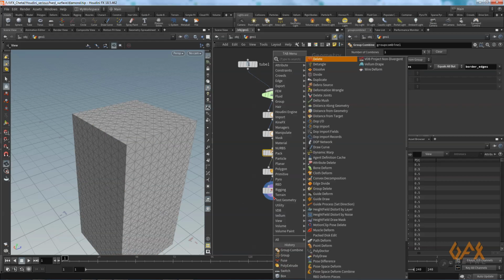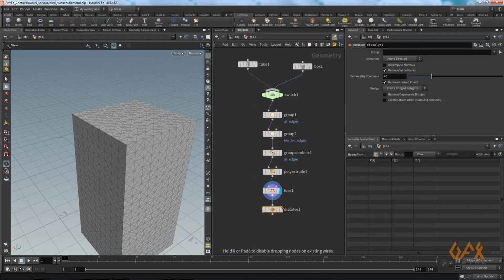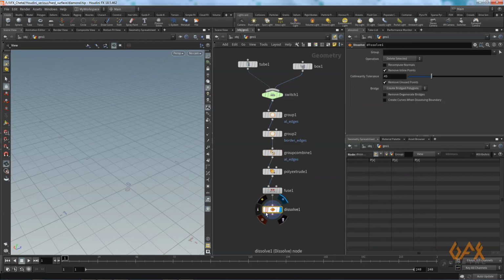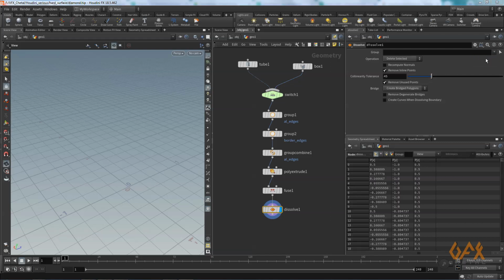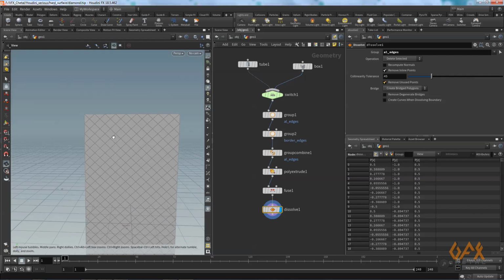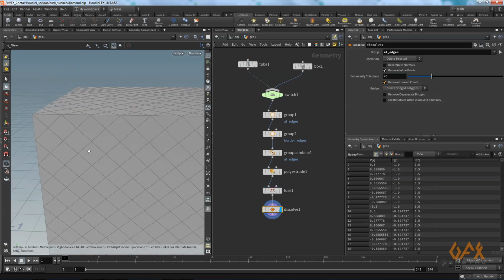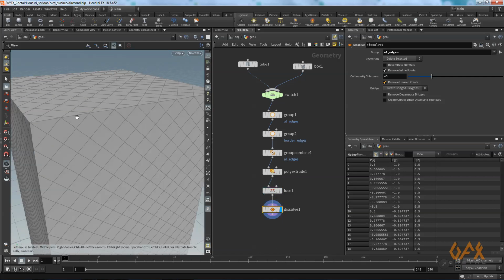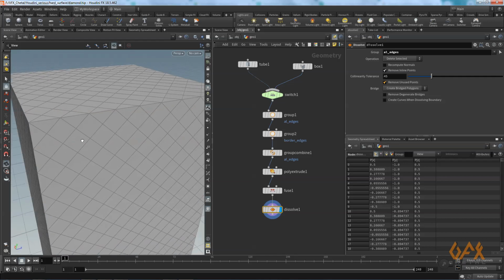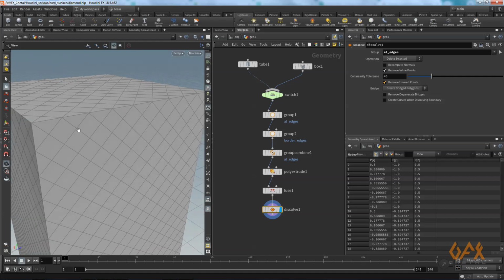Now I define dissolve. Dissolve basically dissolves those edges, not deletes them. So I select all edges over here, and now you see you dissolve those edges but not the border edges.